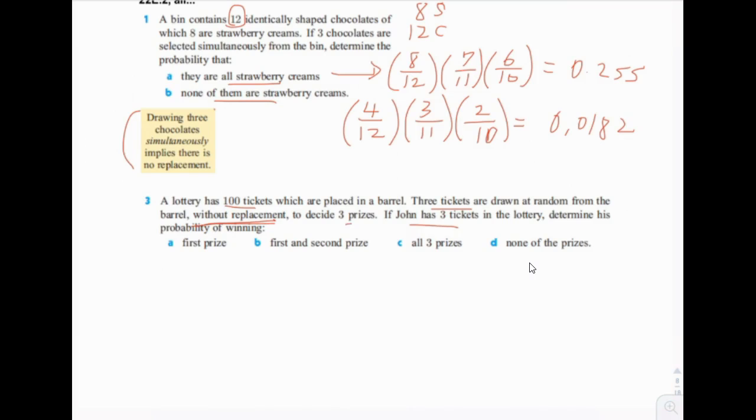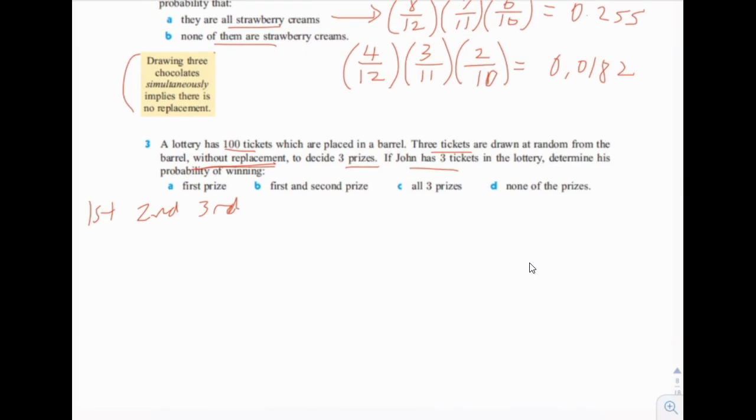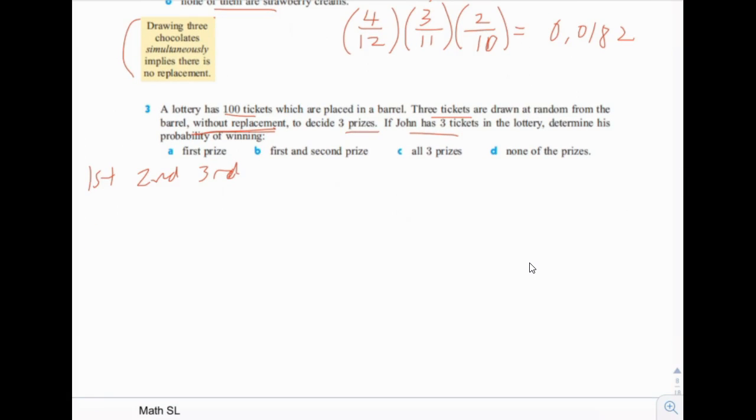Okay. It doesn't really say what order they're drawing the tickets. So let's assume that the first draw is first prize, the second draw is second prize, and the third draw is third prize, although it doesn't really say. It could be third, second, first. But since they didn't say it, let's assume it was first, second, third. Okay? So what's the probability that John is going to win first prize? Well, he only has 3 tickets in the 100, so to win first prize, he would have to have his 3 tickets drawn in the first draw